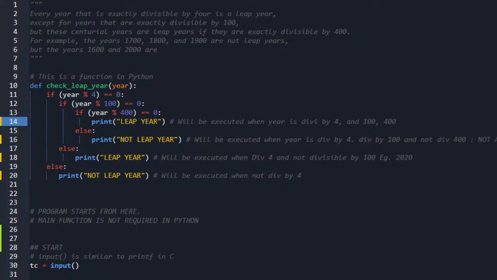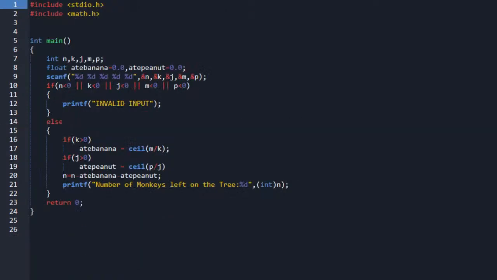This is not the code. Yeah, this is the code, in C language. I hope all of you are familiar with the C language. So you can see in line number 7 we have n, k, j, and p, and we have banana and peanut. Then you scan all the numbers from the standard input, and if any of the numbers are negative, in that case you print invalid input. That you have to remember. If the numbers are valid, you go to the main logic, which we just now worked out on the whiteboard. According to that logic,